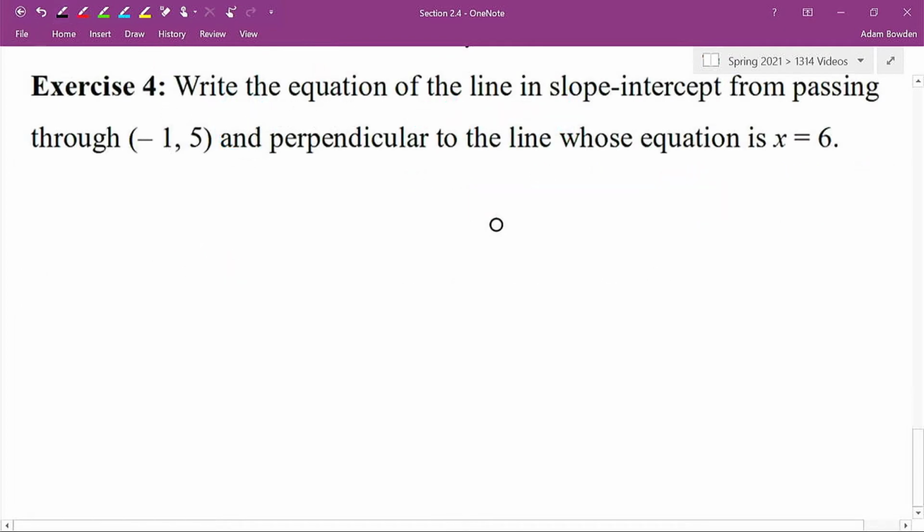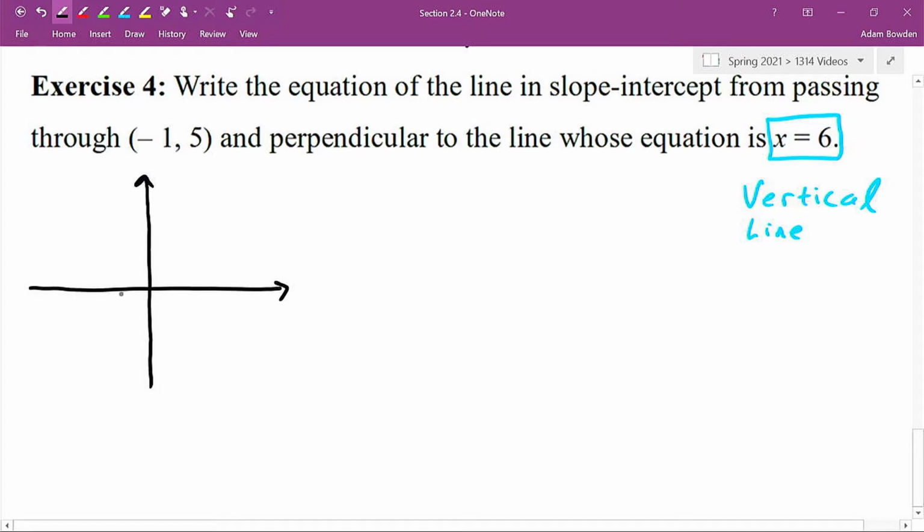This one says write the equation of the line in slope-intercept form passing through the point negative 1, 5 and perpendicular to the line whose equation is x equals 6. One thing to recognize is this is an equation that is already a vertical line. So if we think about what's going on here,